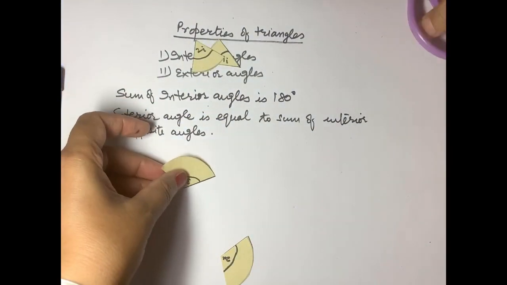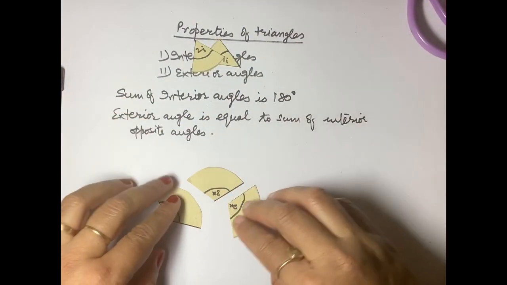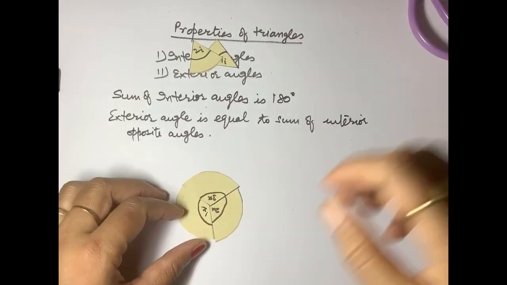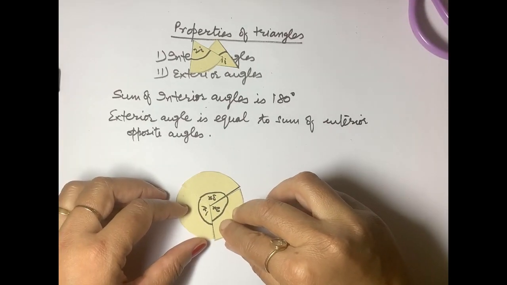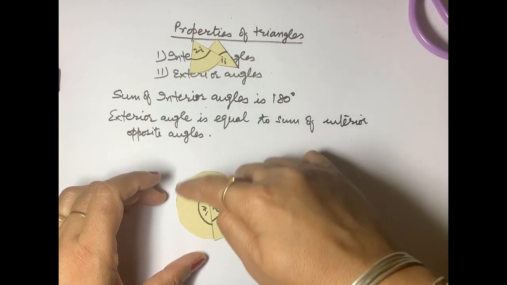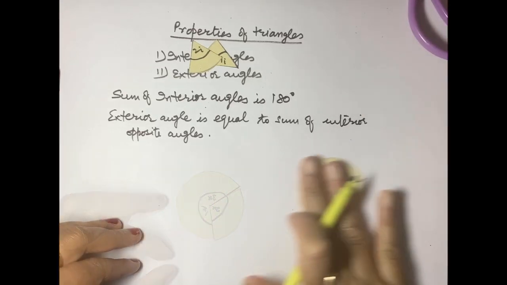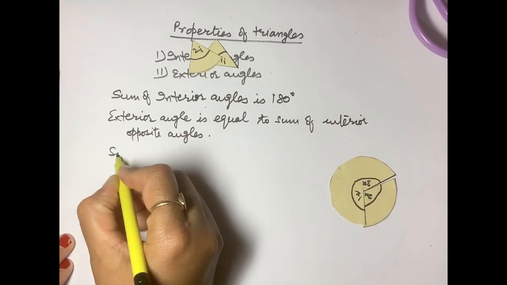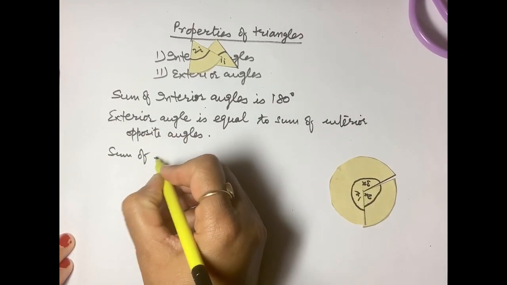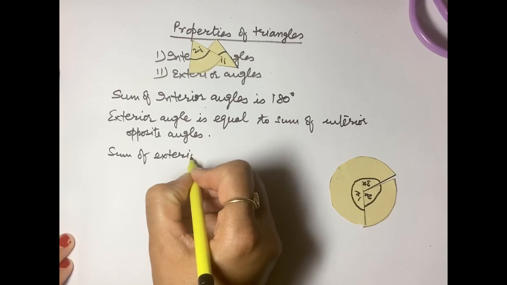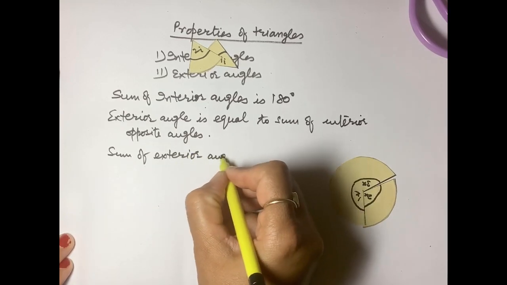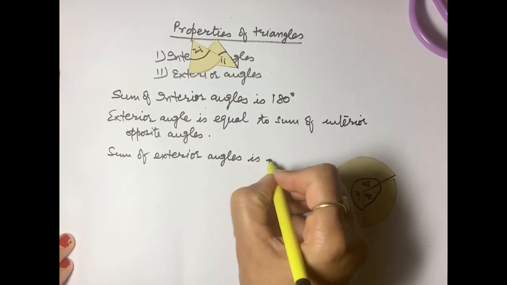Now we try to put these together. What we are getting? A circle. That means sum of the all exterior angles is 360 degree. We can write sum of exterior angles is equal to